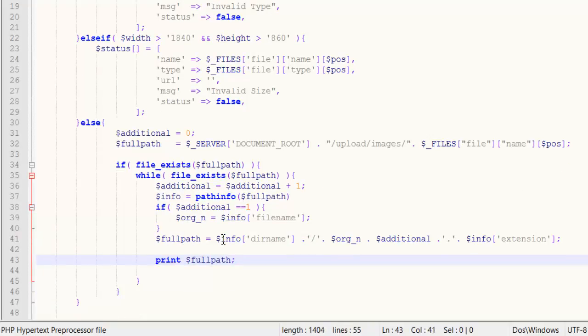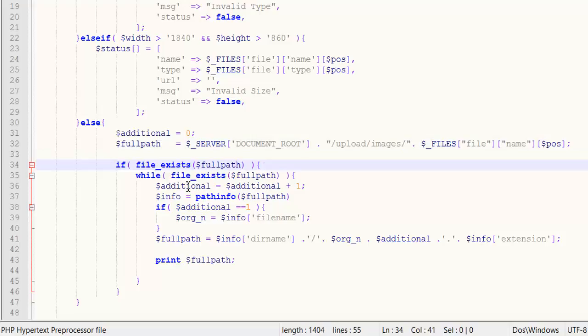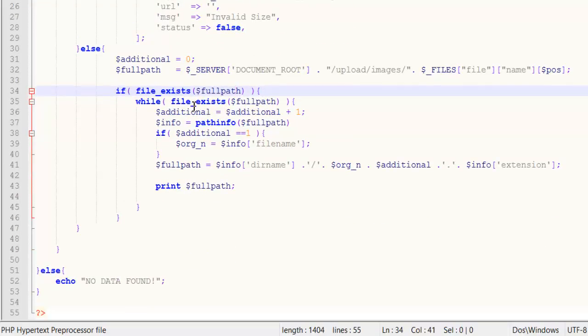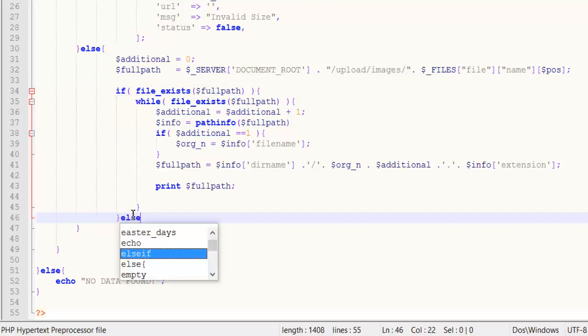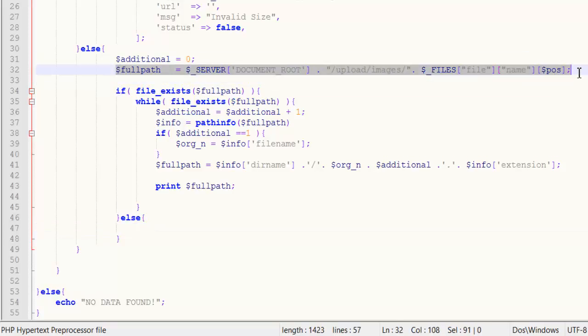Okay, so let me tell you this thing again. If file exists, first of all, it will make the additional 0 and it will create the full path. After the full path, it will check whether that file is already there. So we have to run the while loop, and each time we will increment additional by 1. For instance, if no file exists, we will say the file name is Faraz. So first time it checks, okay, file is not available, just simply go here and we will upload the file right away. For instance, if I already uploaded faraz.jpg, this time if I again go and drag the file